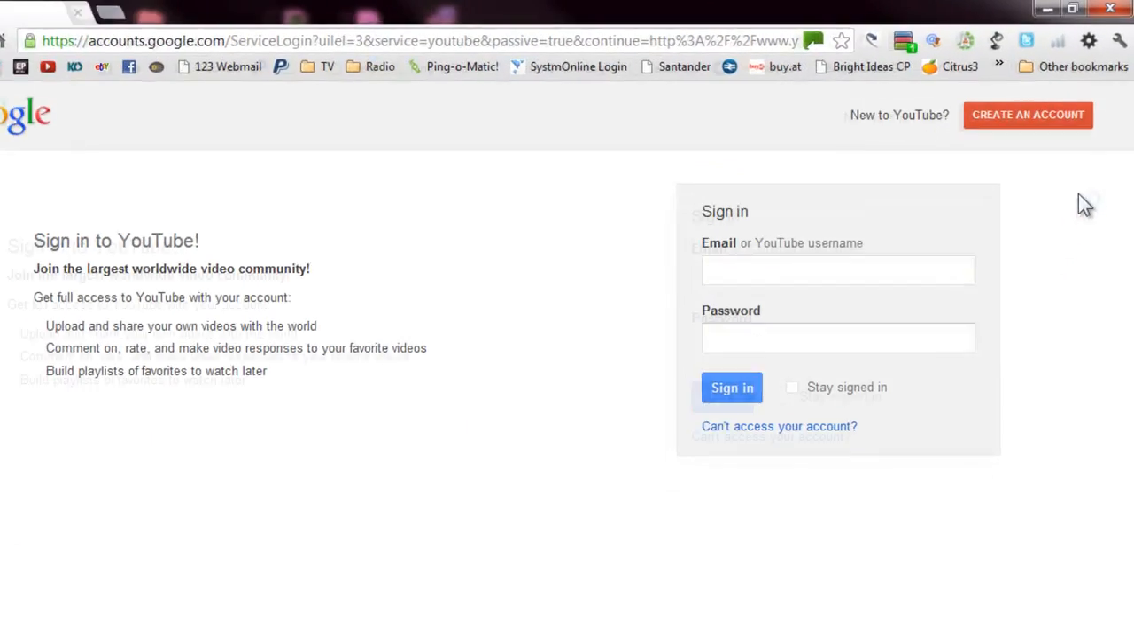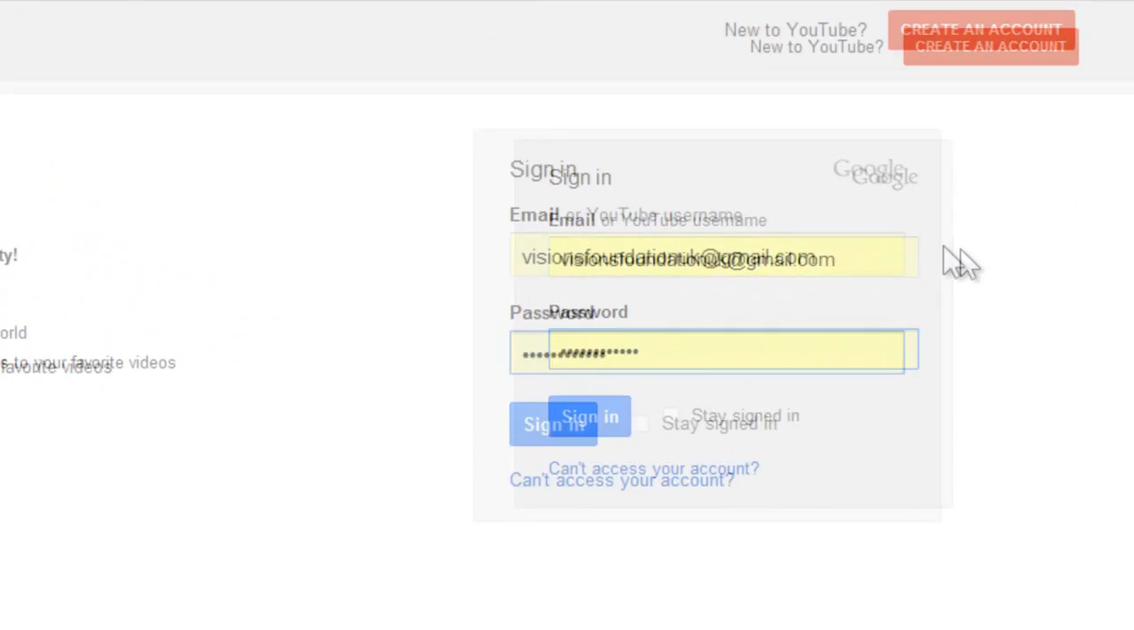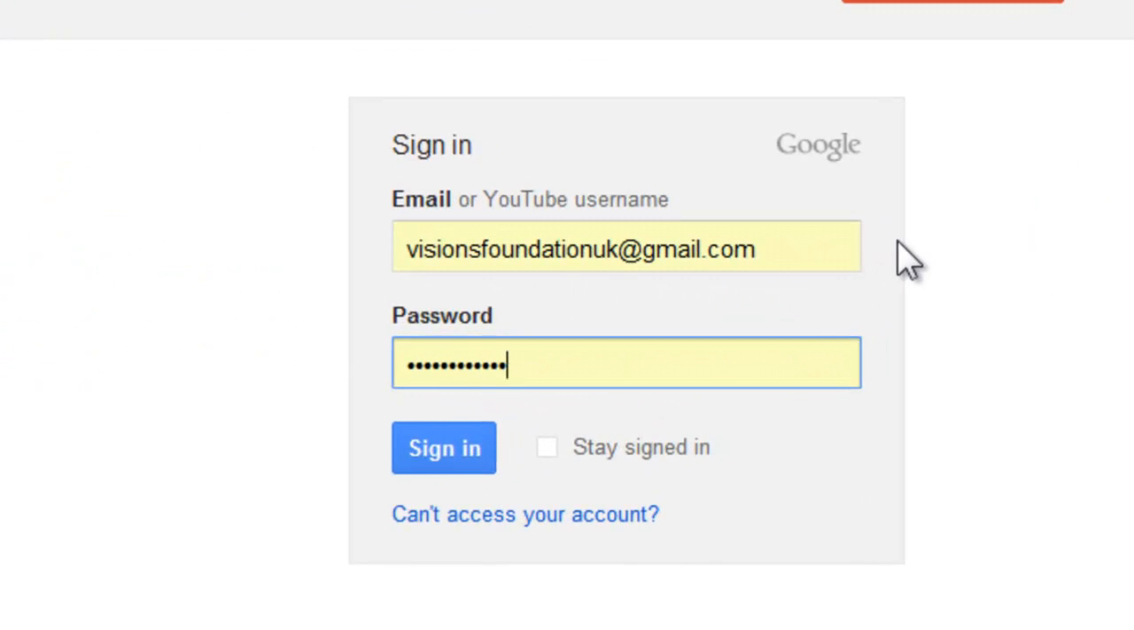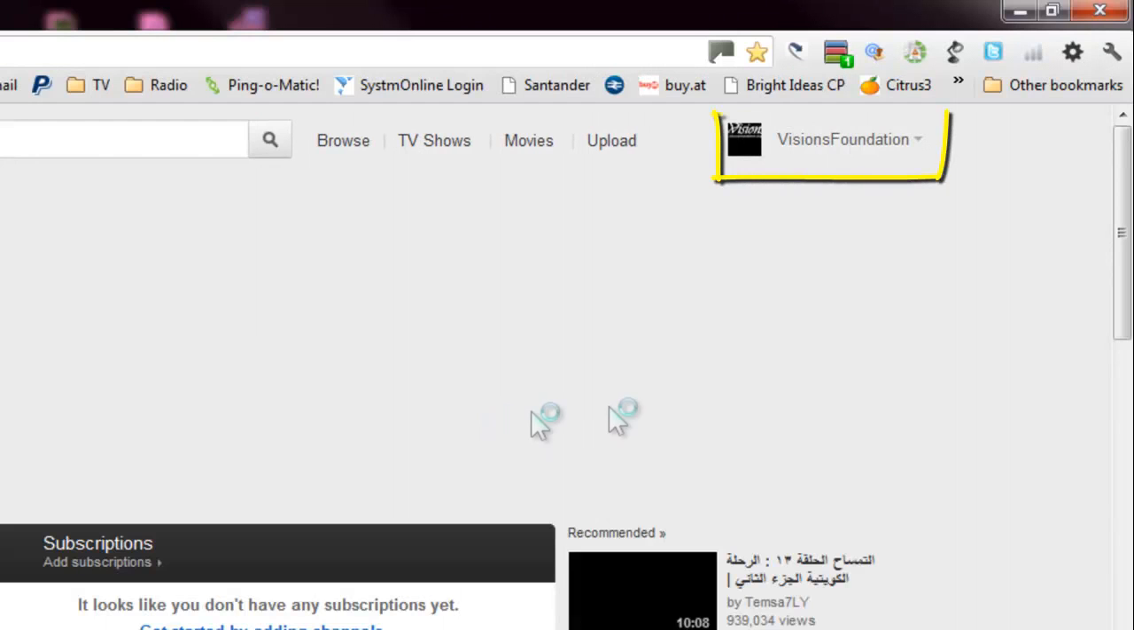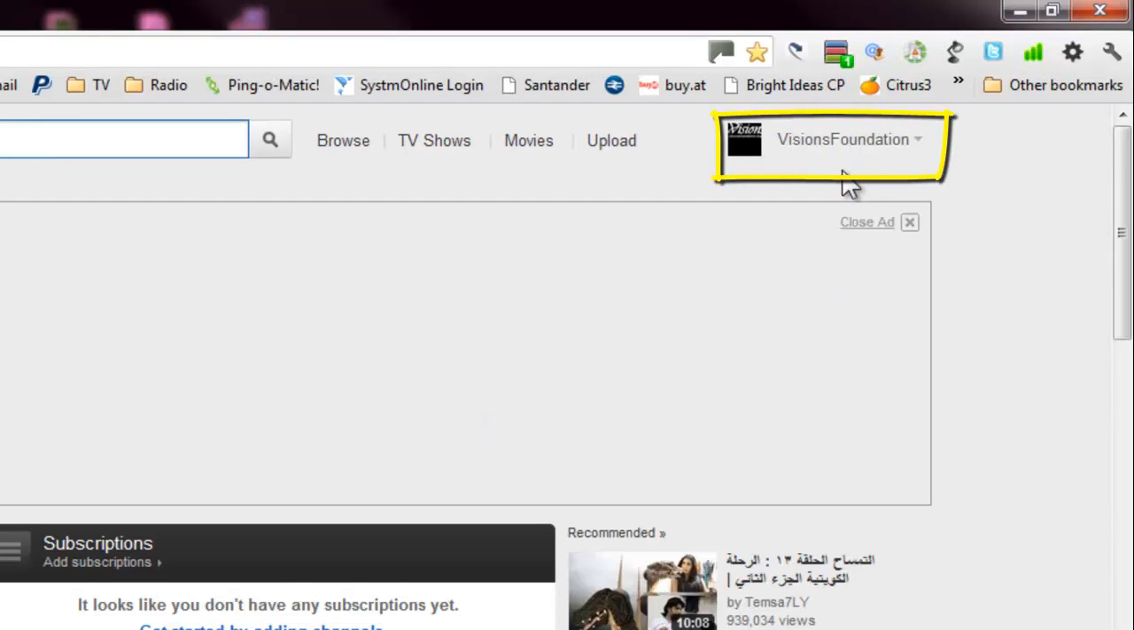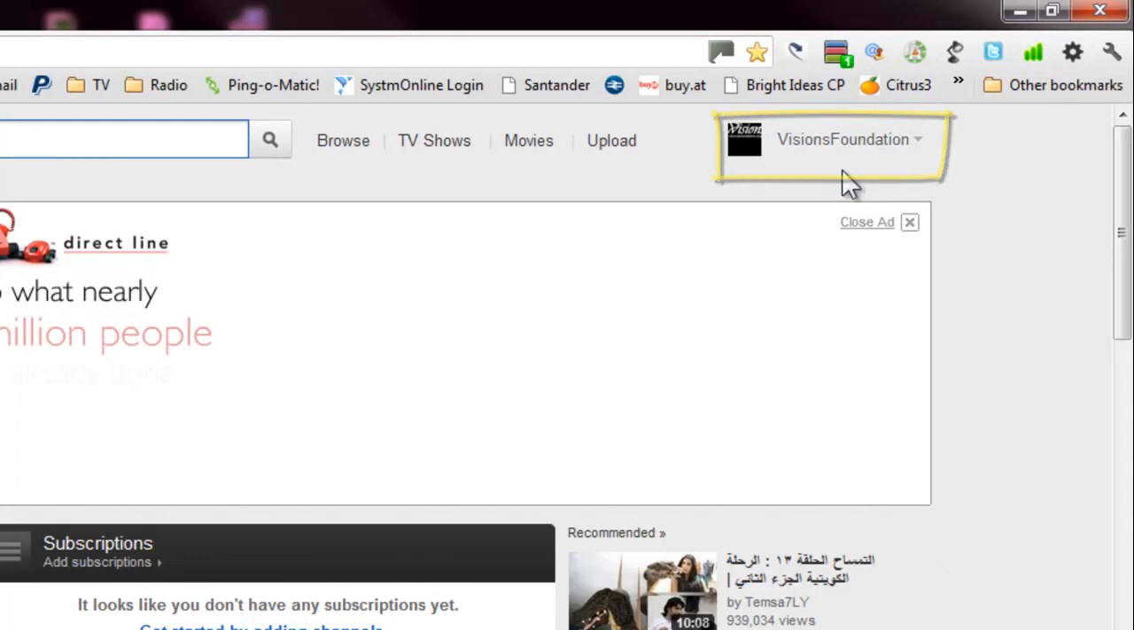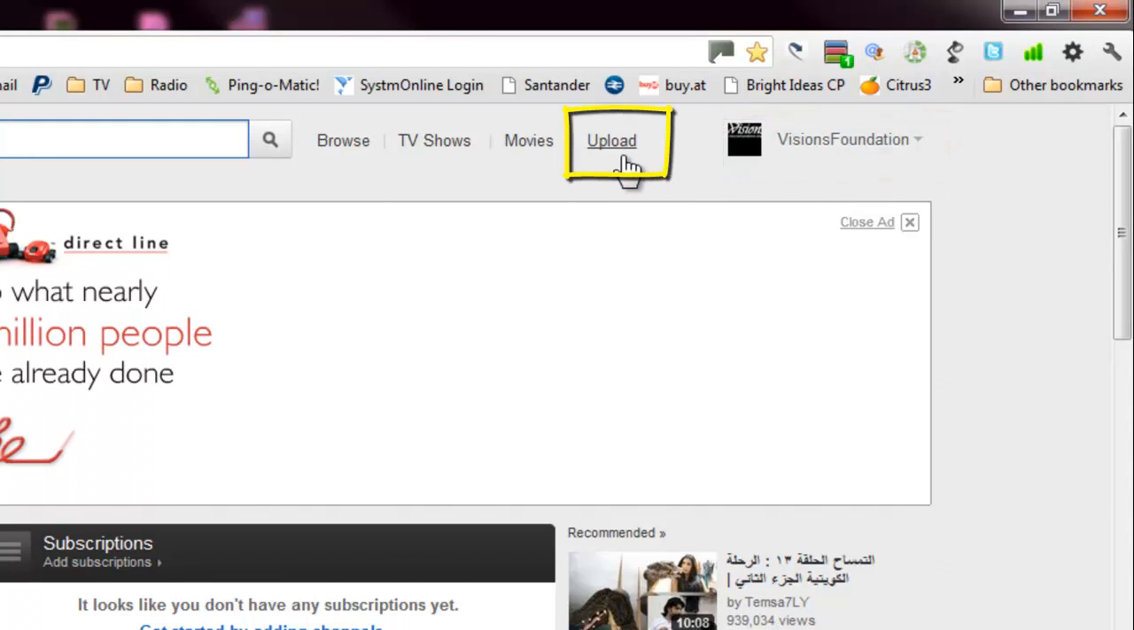On the right hand side there are two text boxes for you to enter your Google email address or your YouTube username and password. I've already entered mine, but once you've entered yours, click sign in. Once you're signed in, you'll see your YouTube username in the top right corner of the page. Again, avoid the temptation to watch a video and click on Upload, which is just to the left of your